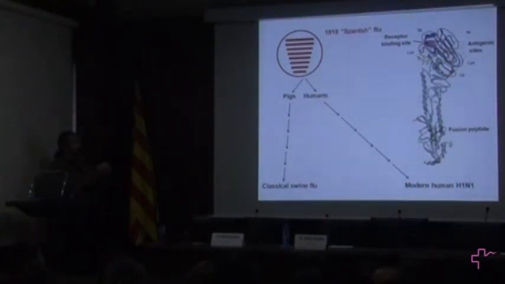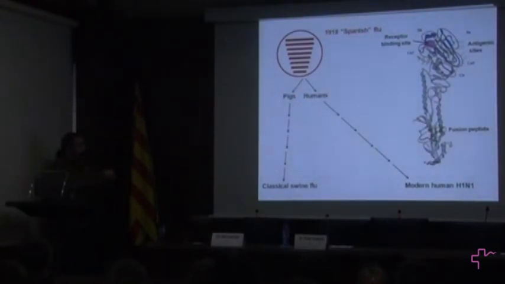So the 1918 virus, the H1N1s, when they came, they were very virulent in humans, but they started to drift, and they have been drifting in humans till the 2009 pandemic came to form the modern human H1N1s before 2009. And this hemagglutinin now is very different from the hemagglutinin of 1918 because it has been evolving and adapting to immune response in humans. But 1918 went also into pigs and caused also disease in pigs and caused a lineage